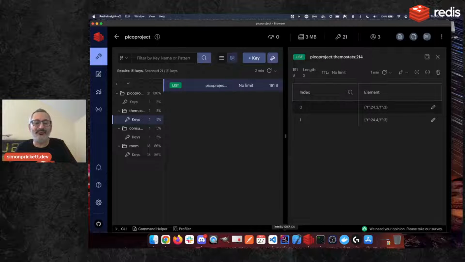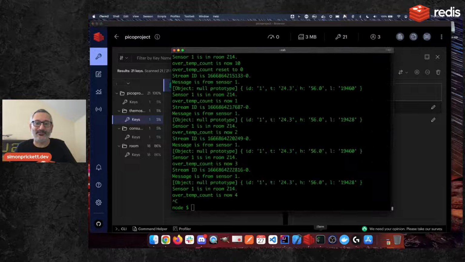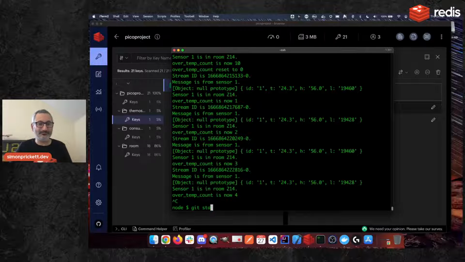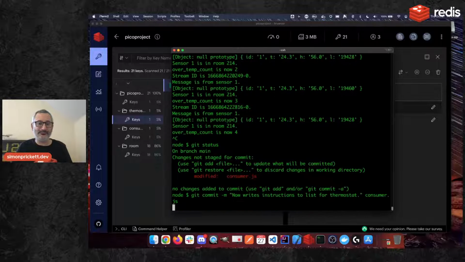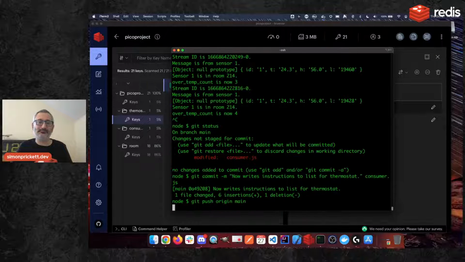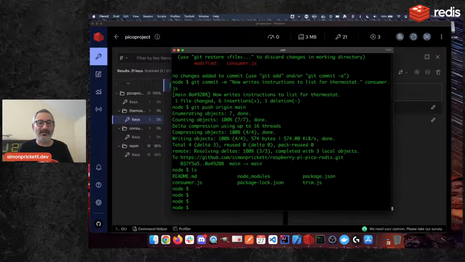So what I need to do for that is, first of all, let's come out of the Node code and let's store it in GitHub. Now writes instructions to list for thermostat. That's what it does now. Okay, so we've banked that. And what we need to do now is,